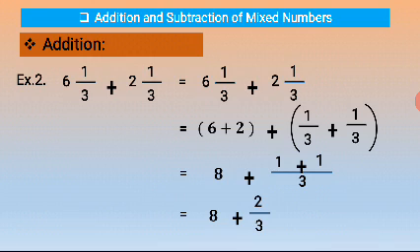Now we write this without the addition sign. So 8 and 2 upon 3. This is the sum of these two mixed fractions. 6 and 1 upon 3 plus 2 and 1 upon 3 is equal to 8 and 2 upon 3. Got it? This is the first method. In this method we take a group of whole numbers and a group of fractions, and we calculate the sum of these numbers. Now we take the third example,